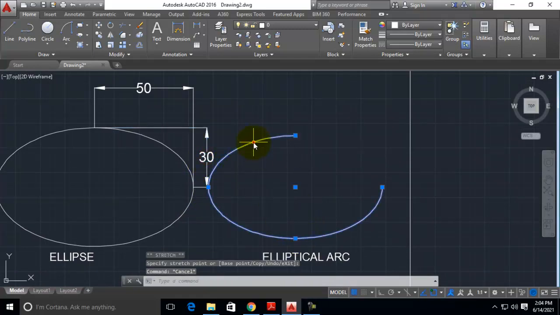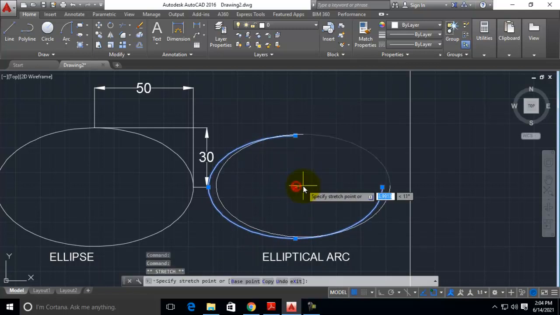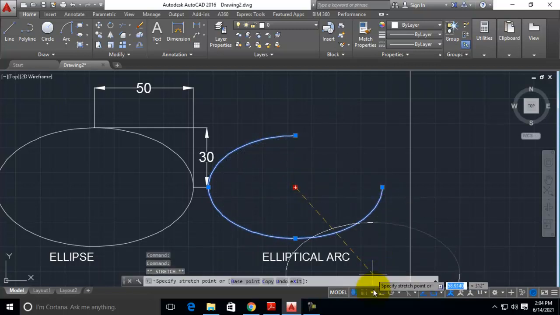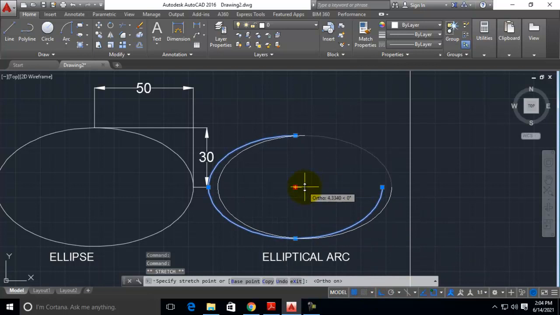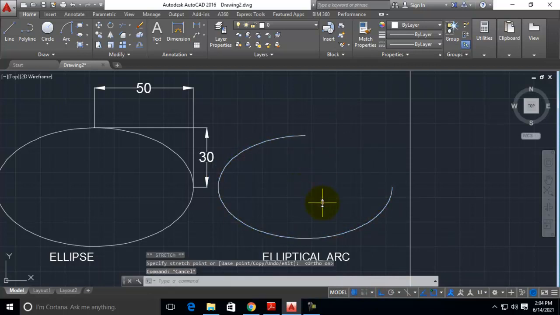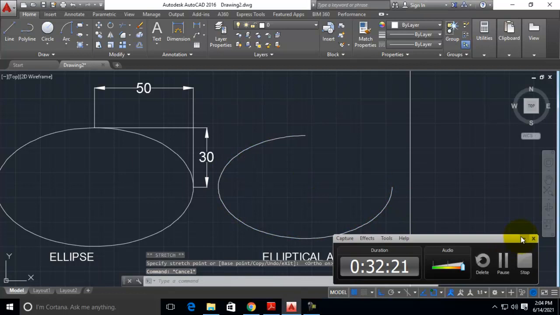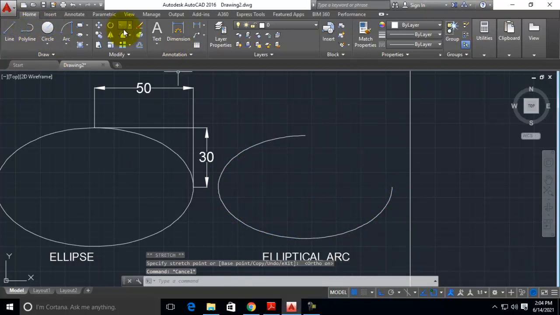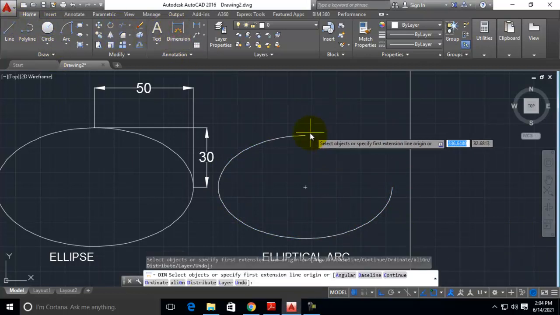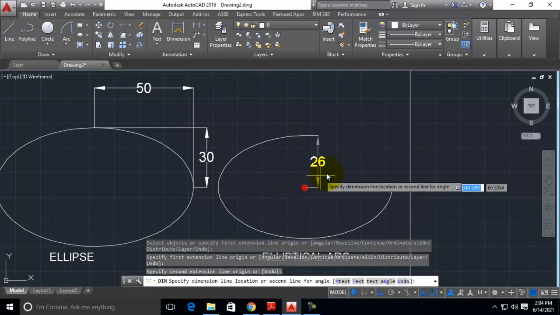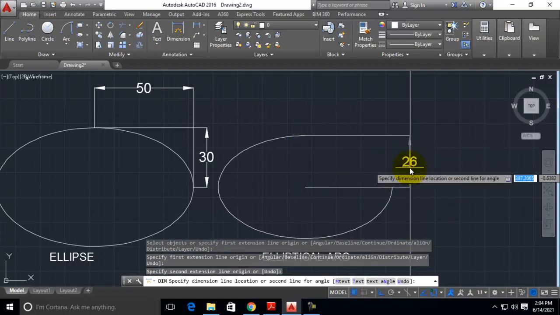You can move this arc also slightly like this. Switch on ortho, it will be easy for us to move. Now for this also, you can just dimension it like this. Select these 2 points, position here.